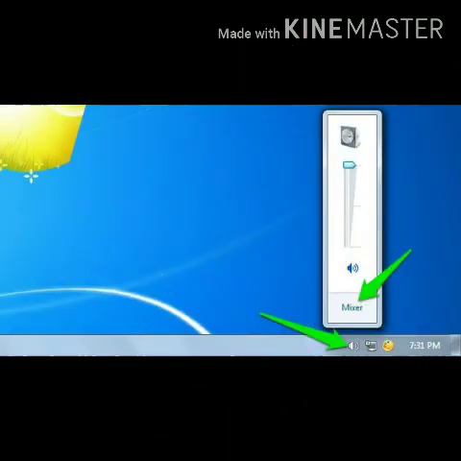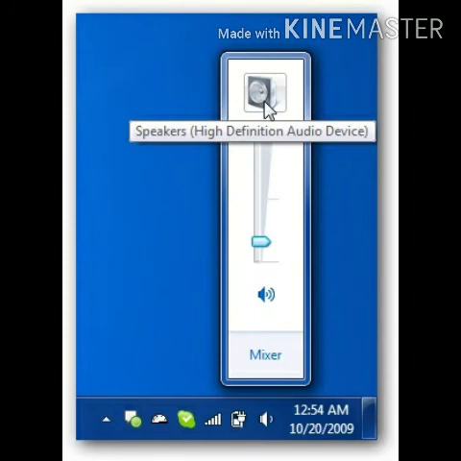Then, adjusting the volume. If you are listening to an audio or watching a video file, you can adjust the volume of computer up or down to get the audio just right. First, in the taskbar, click on volume icon, the volume pop-up appears. Then, click and drag the slider up or down to set the volume level that you want. Windows sets the system volume to the new level.